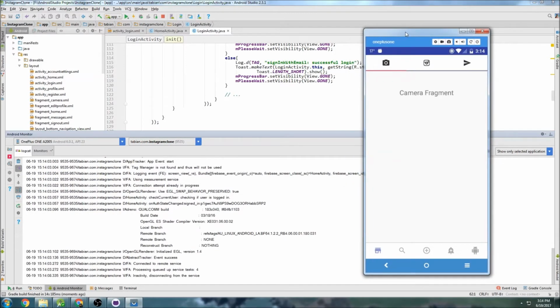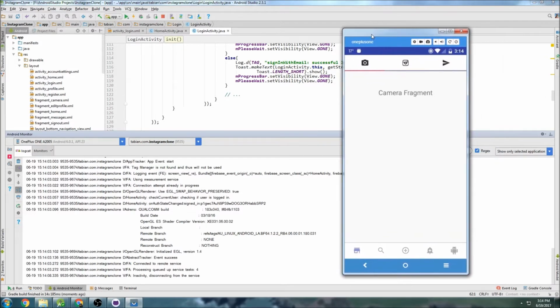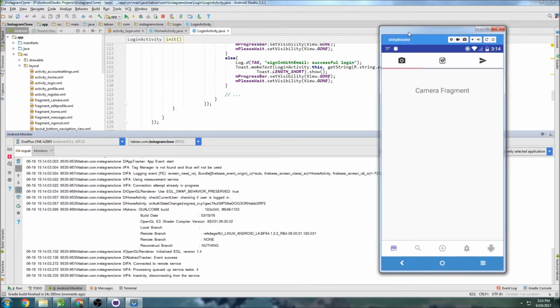So at this point I'm not actually 100% sure what's going on with the emulator and Firebase, but there's definitely a problem. Hopefully all of you have actual devices to test on, but after this video I'm going to stop and try and figure out what the issue is and get it working, and then in the next video I'll address it. But for now, we're just going to move on